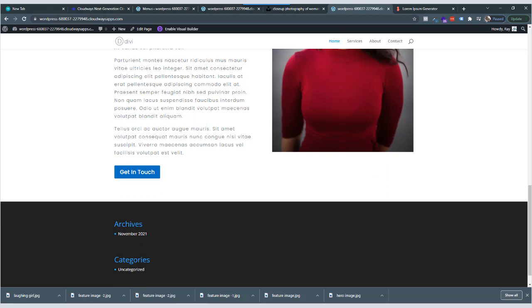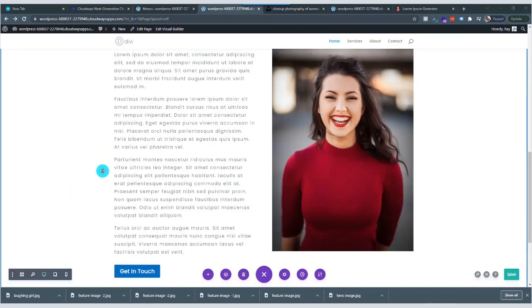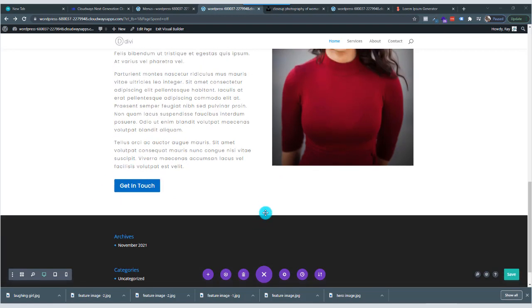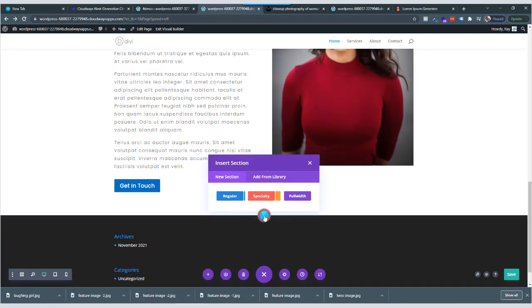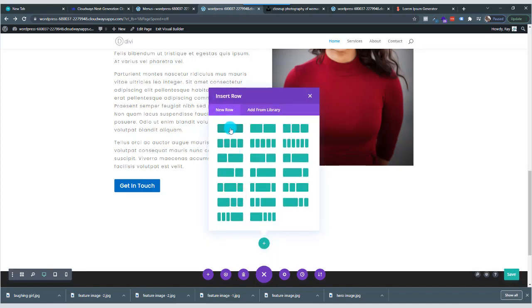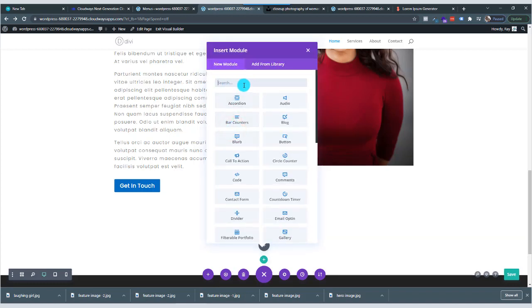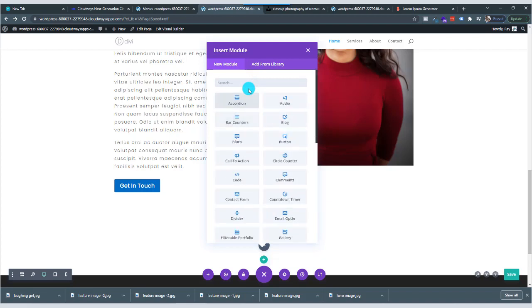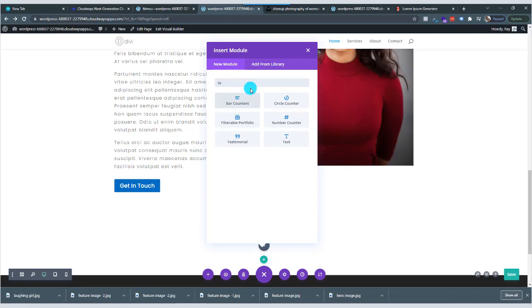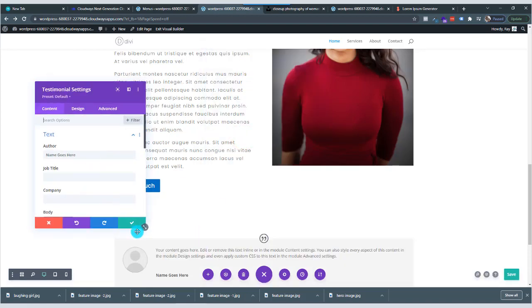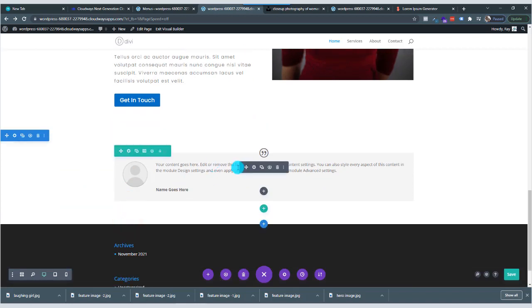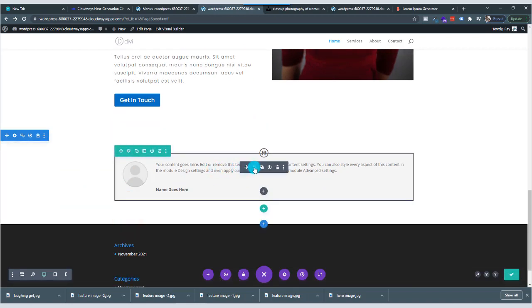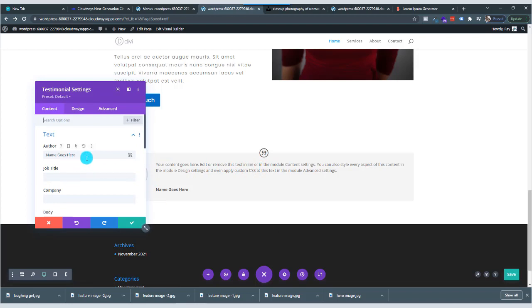All right, looking good. All right, so let's move now to the next section. So again, we're going to click on this little plus button right here, and on this section we're going to choose regular, and we're just going to choose a full column or full width right here. Again, we're going to do text. As a matter of fact, no, let's do testimonial. All right, so we got a testimonial right there, and we're going to edit this. So let's do that, and name goes here. Let's say